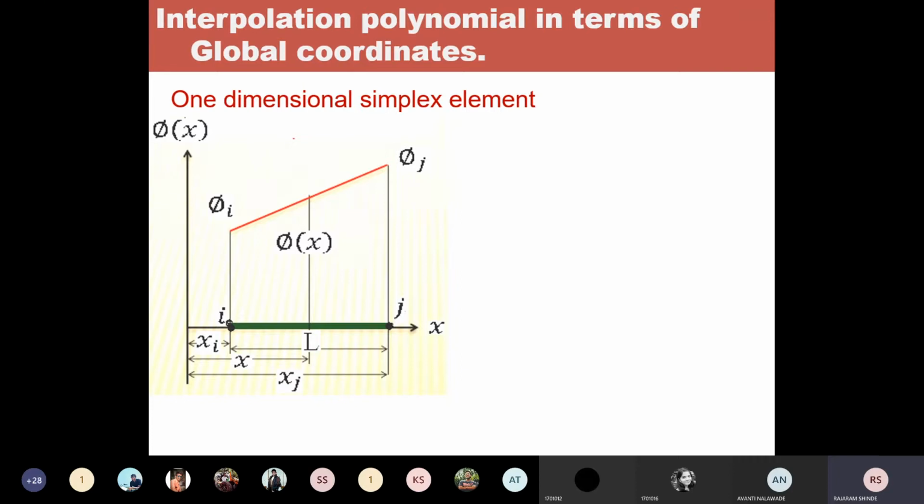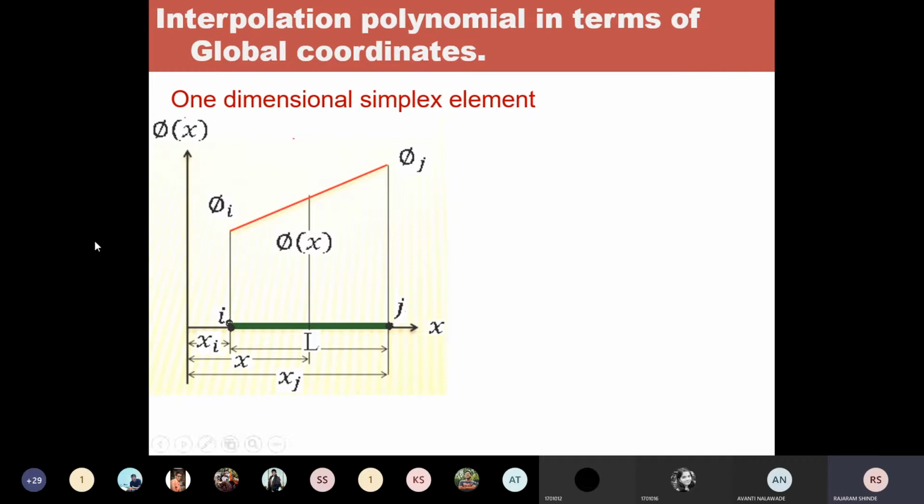That means if we go for a three-dimensional element, the minimum size of the matrix is 4 by 4. So our content is limited to the two-dimensional elements. Okay, here in this unit we will derive the interpolation polynomials for one-dimensional linear element and two-dimensional linear element, both in terms of the global coordinate system and local coordinate system.